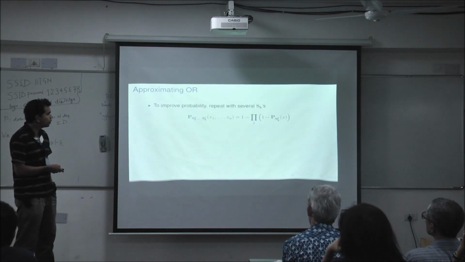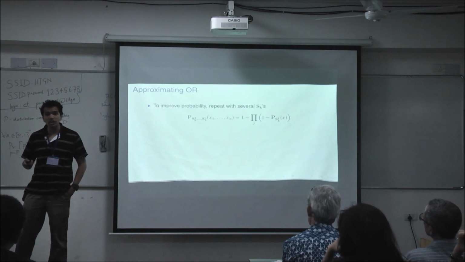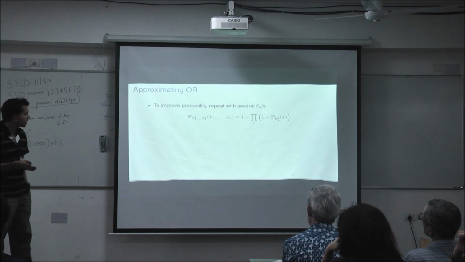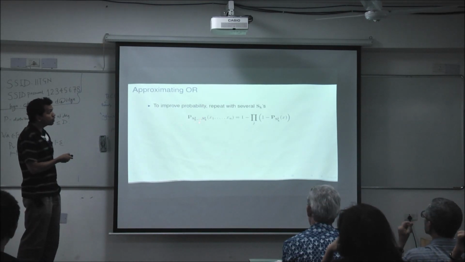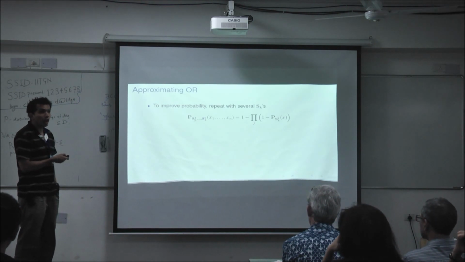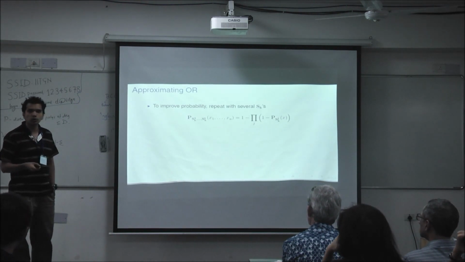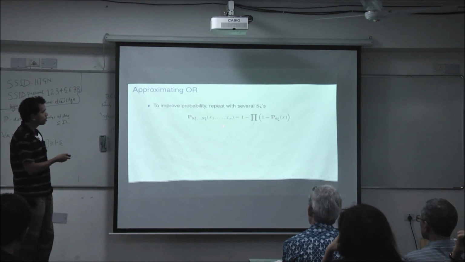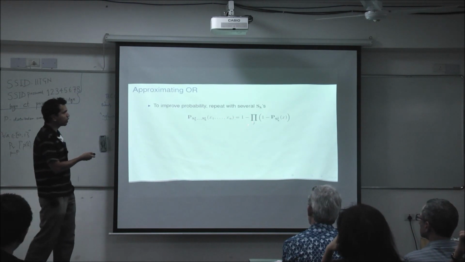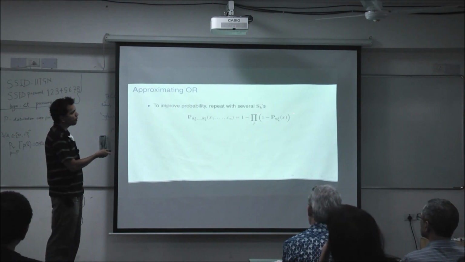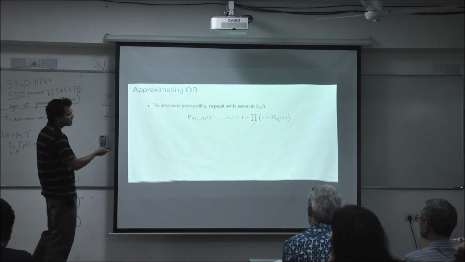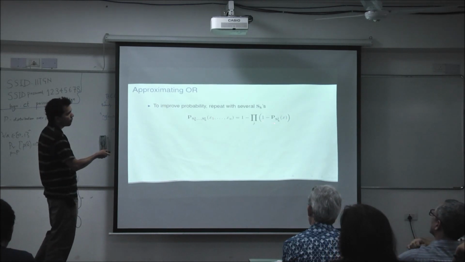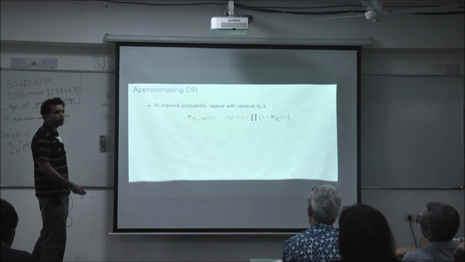Okay, so what are we going to do? Now we are succeeding with constant probability, but we want to reduce the error to something like epsilon. So we pick a bunch of sets, and we output 1 if any one of those outputs 1. This is the same thing that we did over F2: 1 minus the product of 1 minus the polynomials that we use for each set. We pick t sets and do the same thing for every set. Take 1 minus each polynomial, multiply them together, and take 1 minus that.